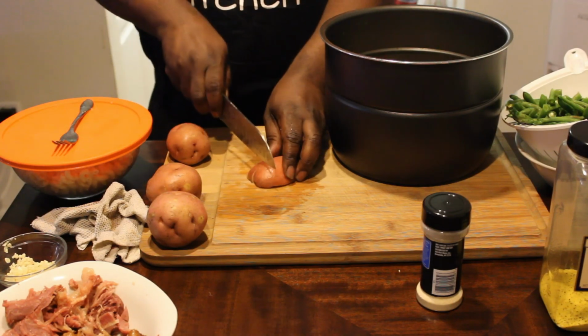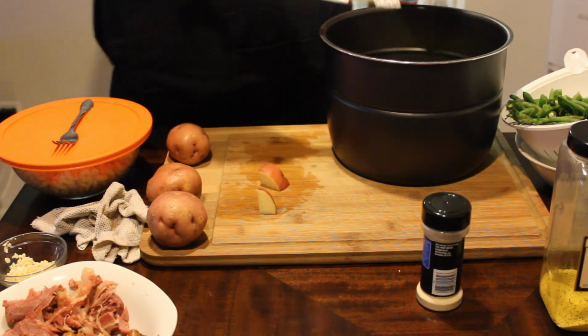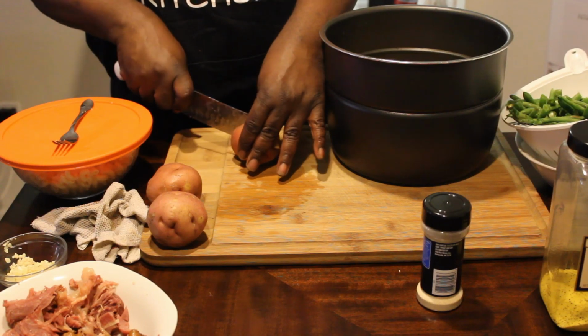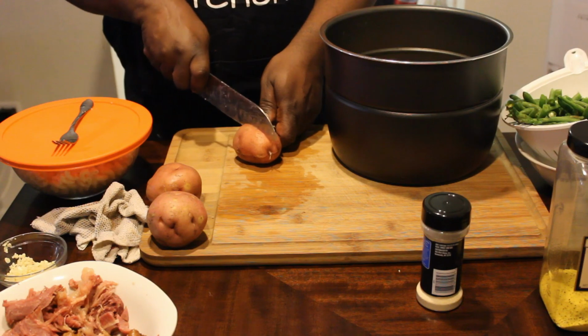This stuff is off the chain. I love fresh, healthy green beans. I'll tell you that. It's better than buying stuff in a can. So